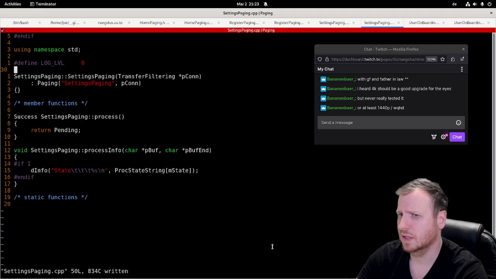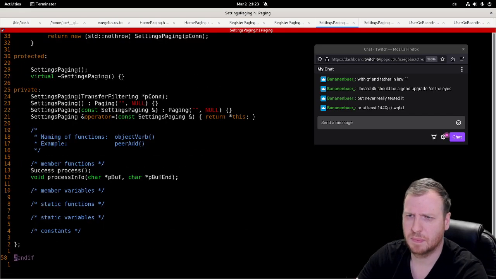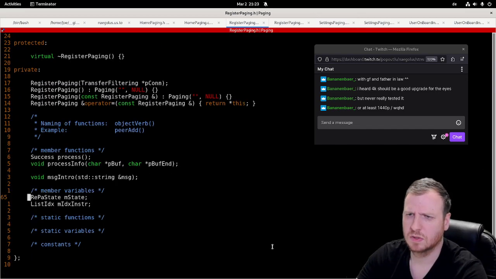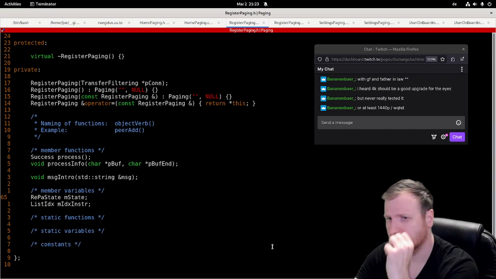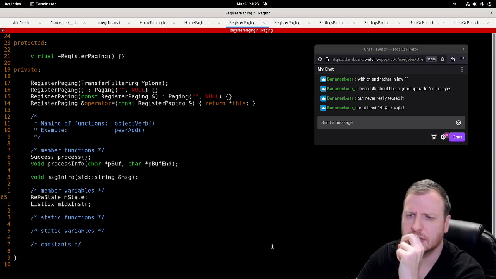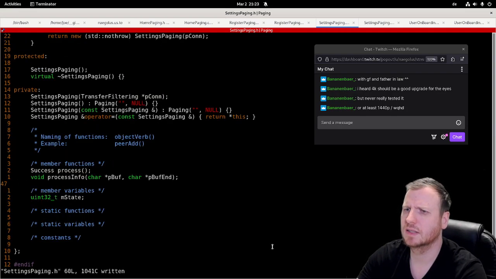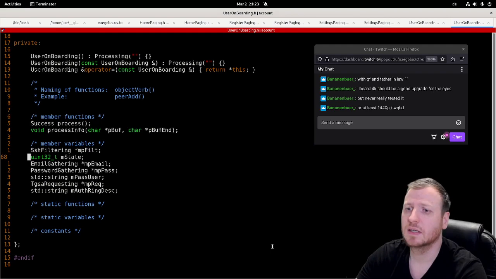Do we have a filtering thing? No, we have a P connection. Yes, message intro, index instruction. No, we don't have this. Okay, fine. I think we can compile this thing, but